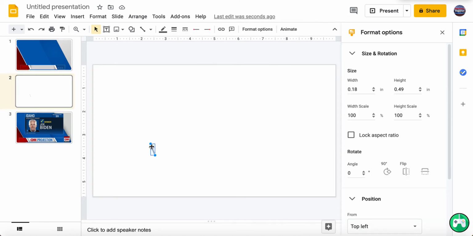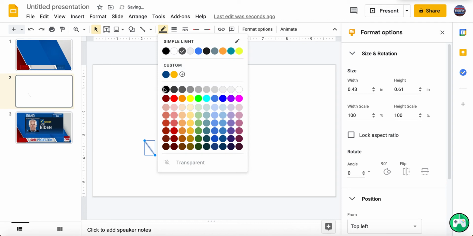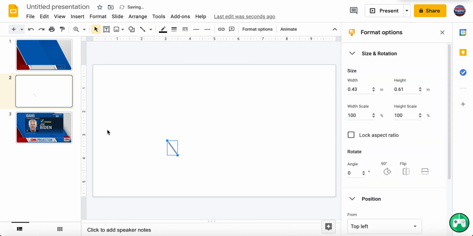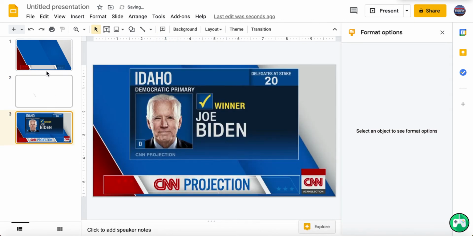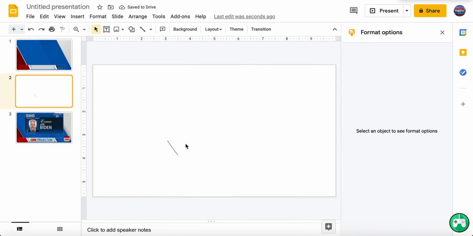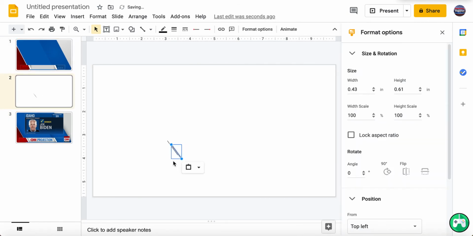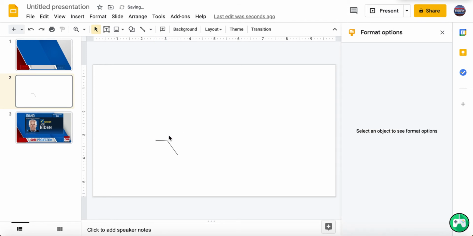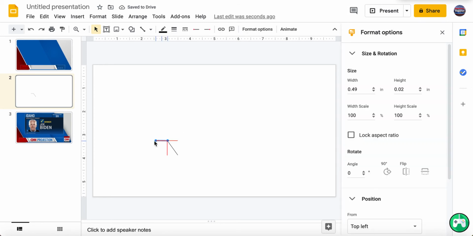It needs to be... Alright. And then it's gonna have to be like that. And then it's just gonna straight up be... No, that's not a straight line. Oh, crap. This line needs to be a straight line.